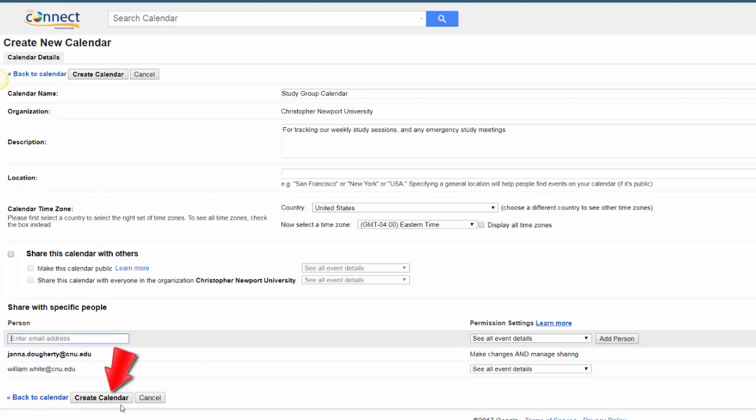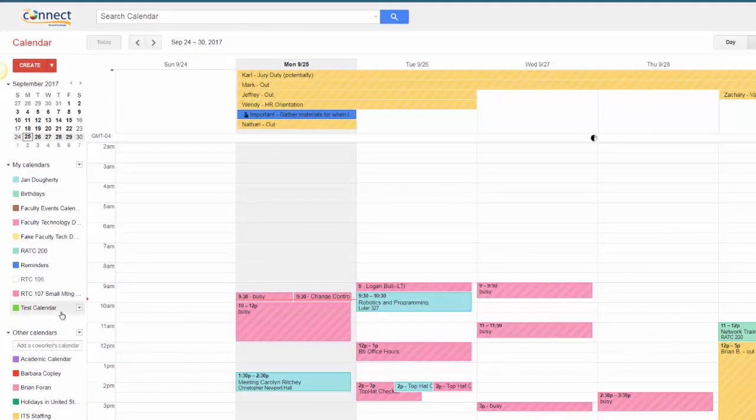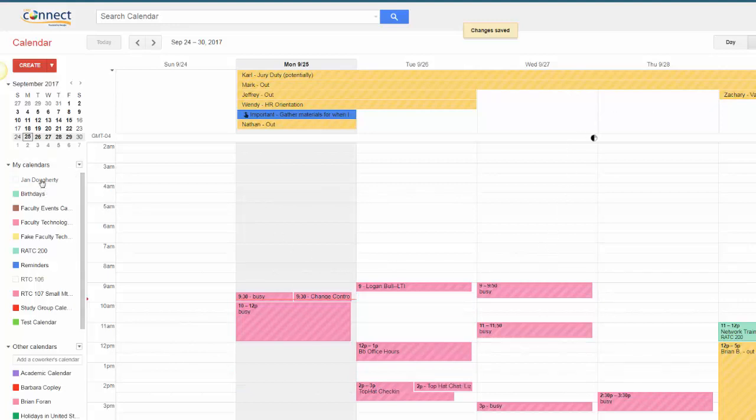Once you click Create Calendar, you'll be returned to the calendar space. And once your calendar is fully created, you'll see it listed on the left-hand side. It may take a second for it to pop up. Just wait and you'll eventually see it. You can activate and deactivate any calendar visible on your main space by clicking on them inside this left-hand bar. That way, you're only looking at the calendars you need to see at any given moment. Any event you create within a certain calendar can be seen by anyone with access to that calendar.